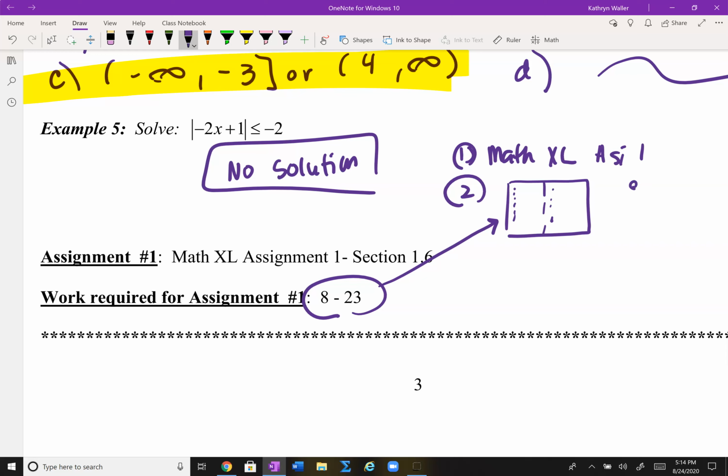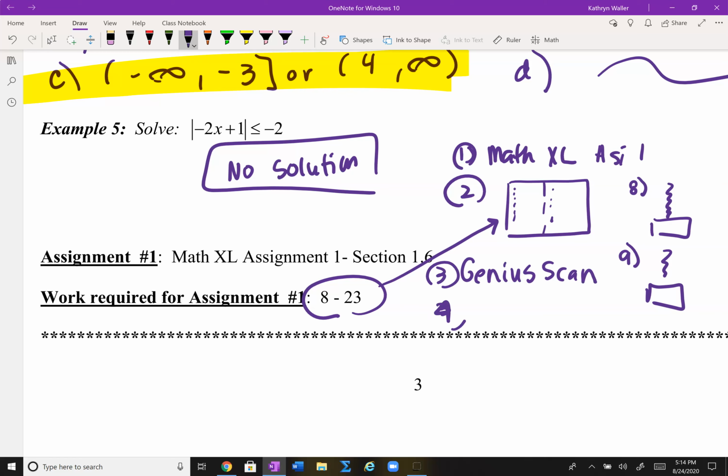And I need you to be so clear, you guys. I need you to be like, here's number 8, and the work. Highlight my answer. Here's number 9, and the work. Highlight my answer, super clear. And then you're going to scan it with a Genius Scan that we talked about in class. And then I'll put that as step 3. And then step 4